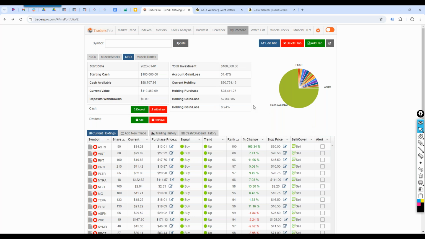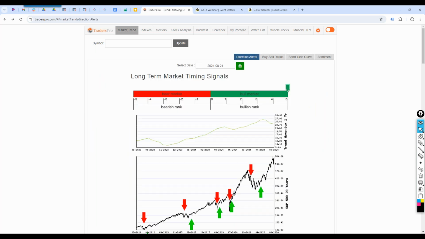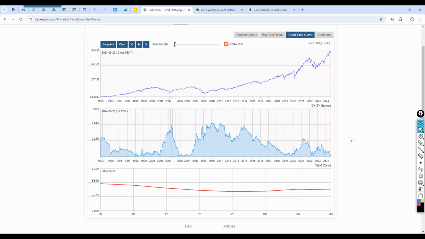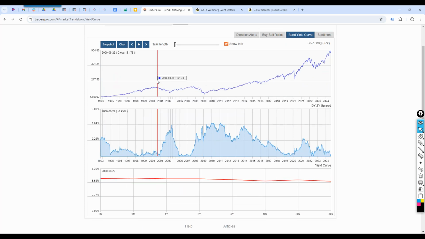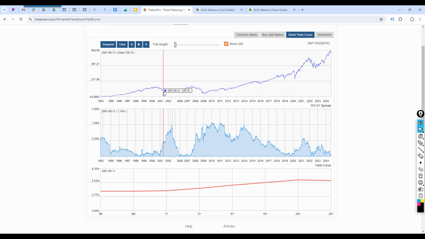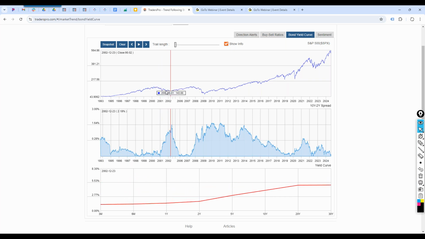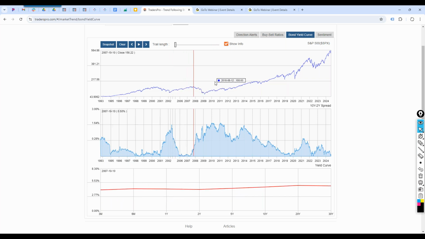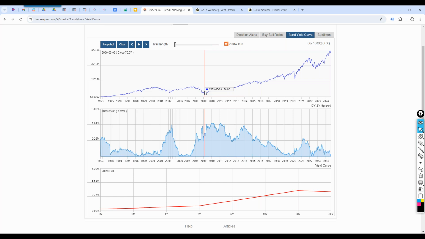Market conditions still, we also know economically, and we'll talk about this again, this bond yield curve, we know that has to correct. If I go back and look, here's a market top, here's the bond yield curve. As the market retraces, we get a healthy bond yield curve. We get a market bottom. As it's rallying up, bonds start to adjust. The economy starts to heat up, or we get inflation, and there are lots of different reasons why this happens. But for the most part, we talked about it quite a bit on Tuesday, so I won't rehash that too much here.